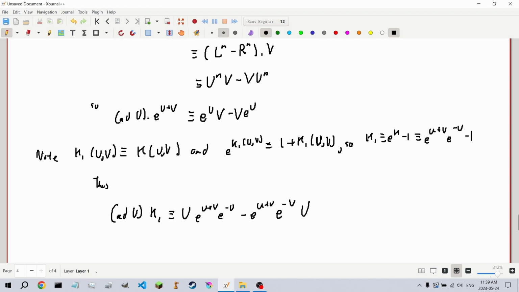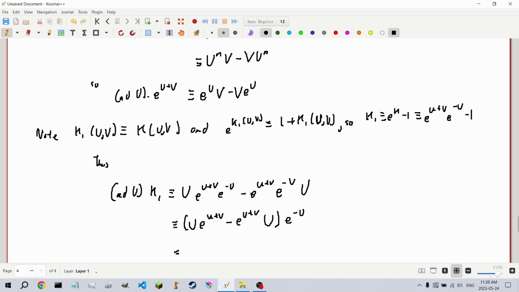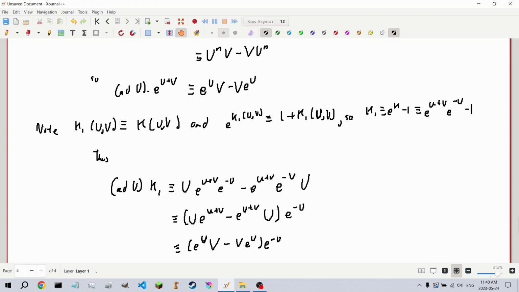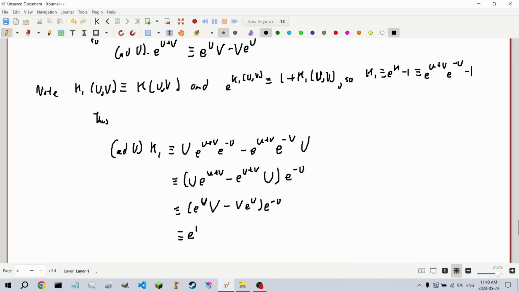which is congruent to u times e to the u plus v minus e to the u plus v times u, all this times e to the negative u, which is congruent, we've seen, to e to the u times v minus v e to the u times e to the negative u, which is congruent to the conjugate of v by e to the u minus v,